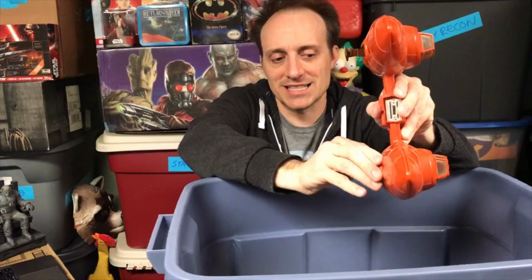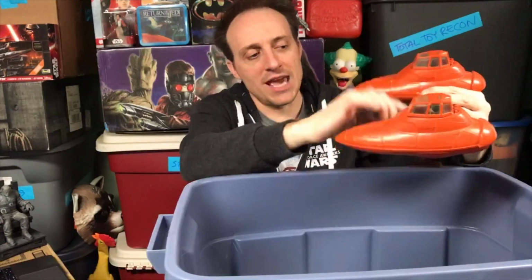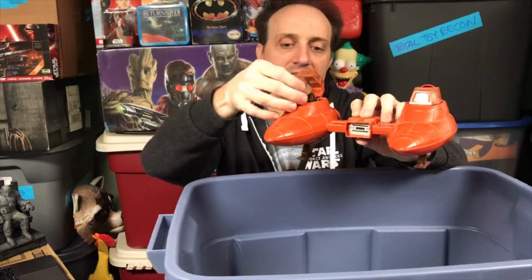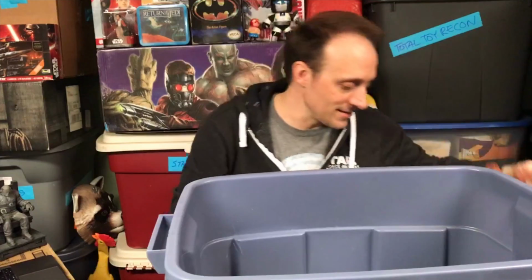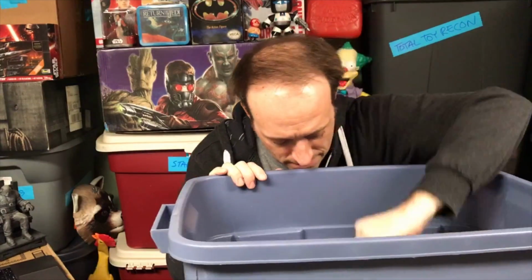Yes, it still has its landing gear. Isn't that awesome? Landing gear. And then both canopies, the stickers are intact, and there's still the control stickers inside, though they're kind of bendy at this point. Again, it's a 40-year-old toy. If my brother's watching, I do remember that this was yours, but you're not going to get it. But look at that. That's awesome. Got some vintage Star Wars stuff here. I didn't expect that. All right, so we got...